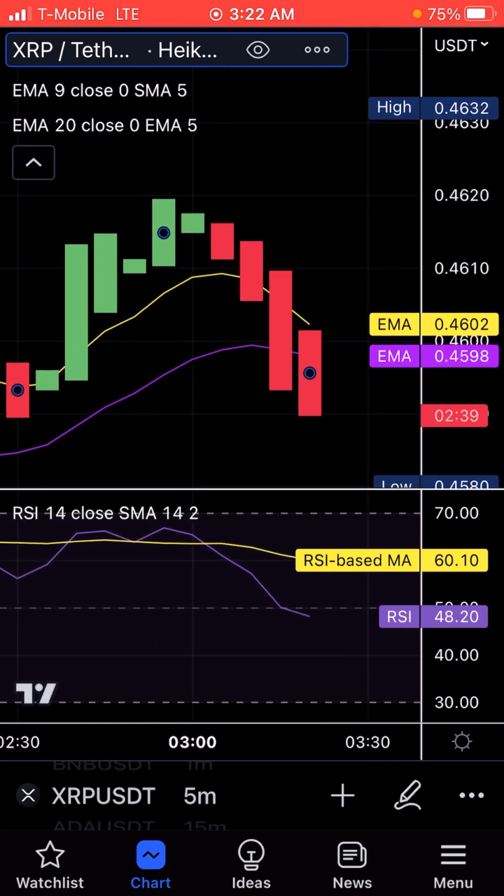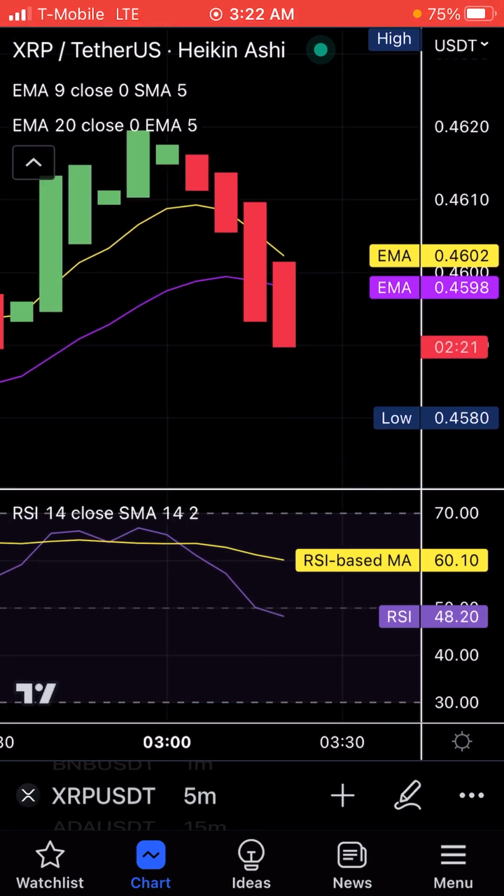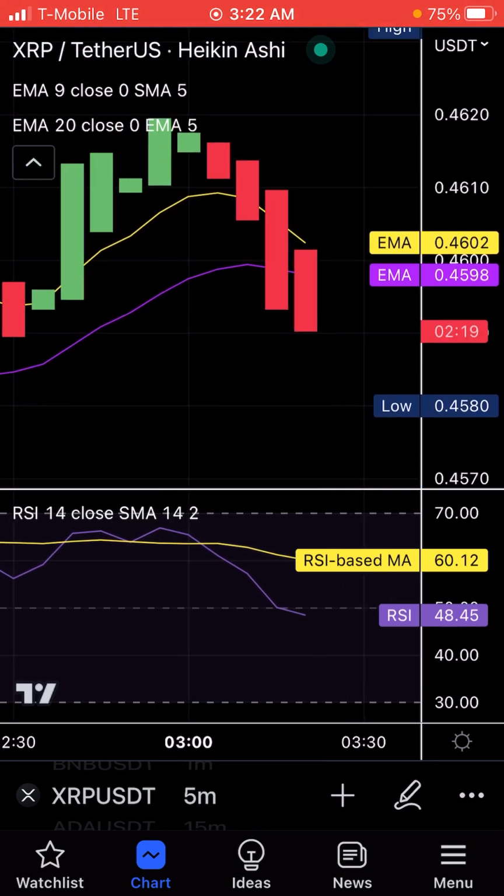Now this is particularly for doing futures, and I'm focusing on XRP, but I might look at some other coins too with futures. All you need is your EMA set to 9, your EMA set to 20, and then your relative strength index. So this strategy is really simple, and